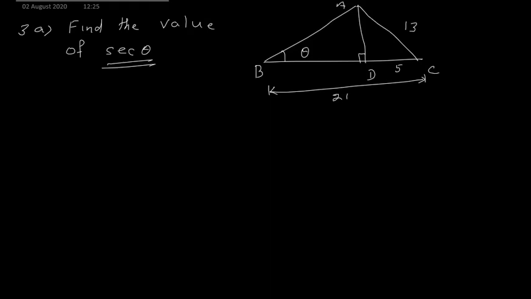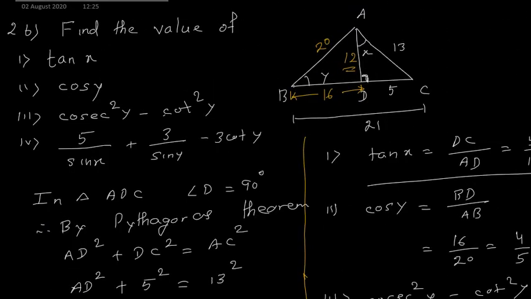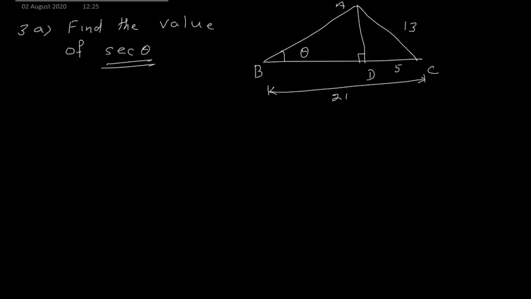So here, you have to find the value of AD first, and then you have to find the value of AB. Now this problem is the same as we have done. The diagram is the same as what we have done here, right? So what we got: the value of AB is 20, this is 12 and this is 16. So let us write those values. This we got 20, this we got 12 and this we got 16. So you have to find these values first and then you can write sec theta.